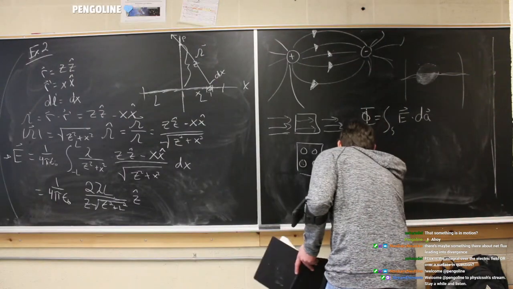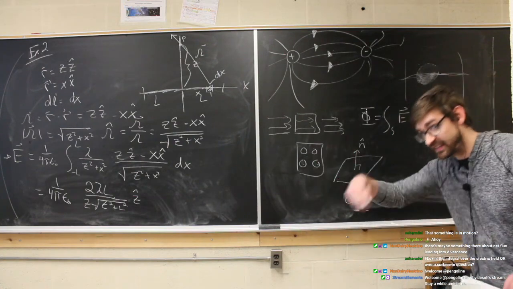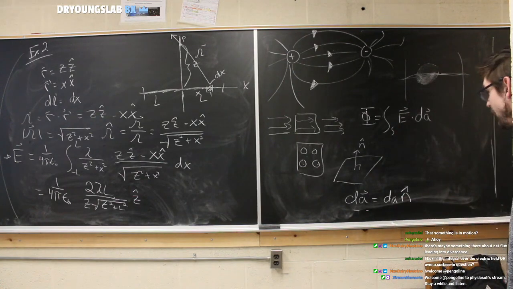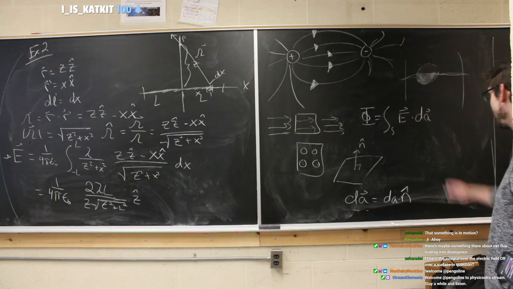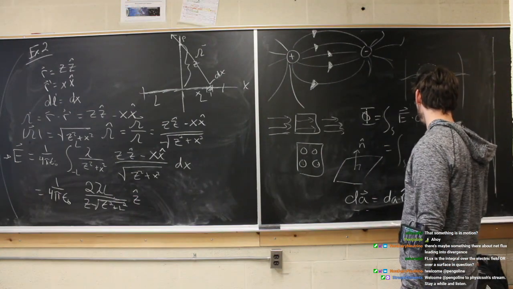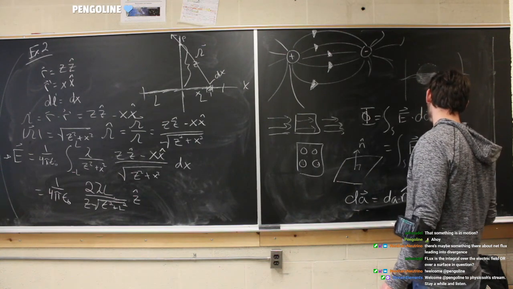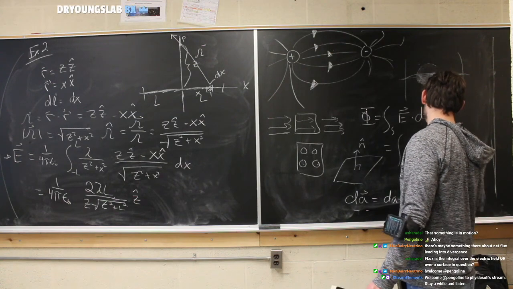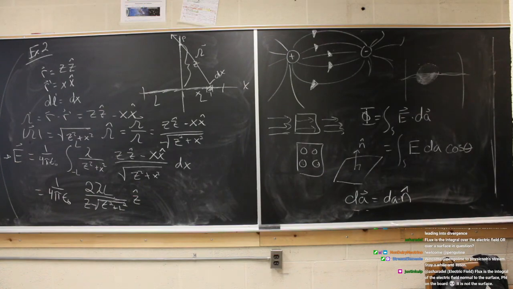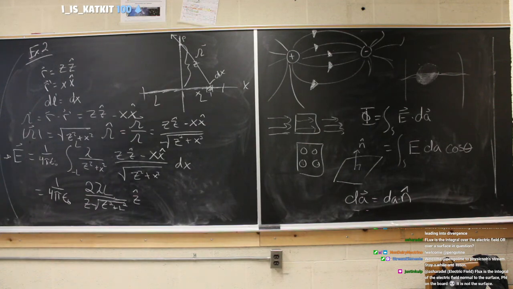And this dA vector is going to equal the magnitude dA, which is infinitesimally small. Makes sense, it's integration, we want to integrate that up, right? Times the unit vector n hat, which is the direction of the surface, okay? So then when we do this, we want to make sure that the only thing that survives is perpendicular. So we actually can write the magnitude E times the magnitude dA times cosine theta. Dot product should be scalar, right? So the magnitude E times the magnitude dA times cosine theta. That ensures that only